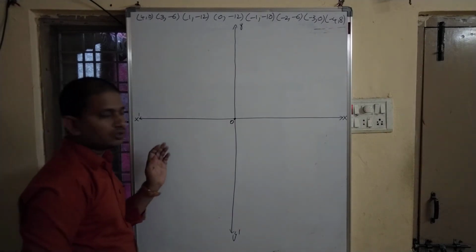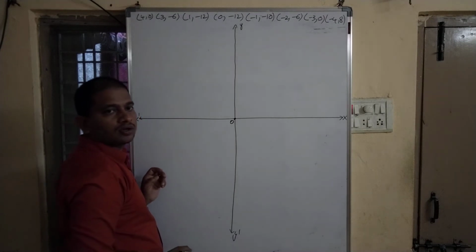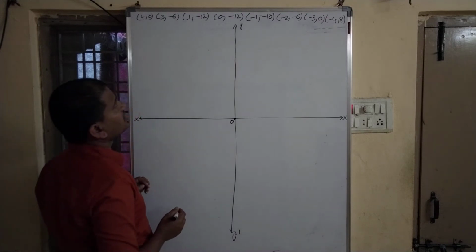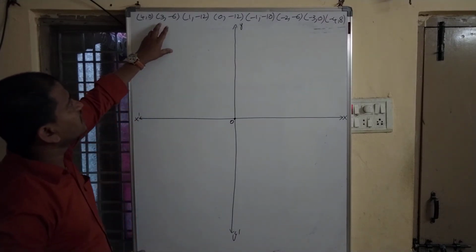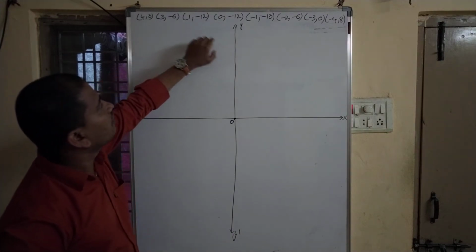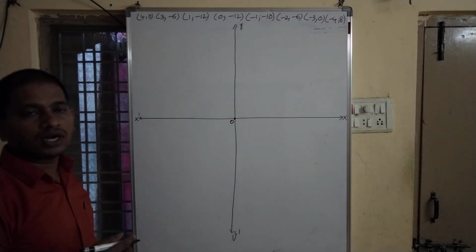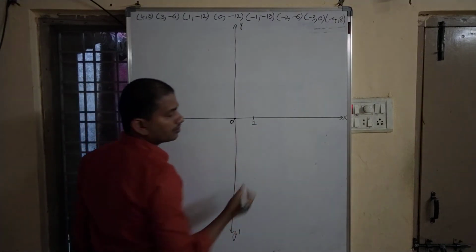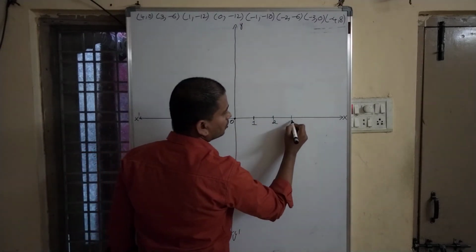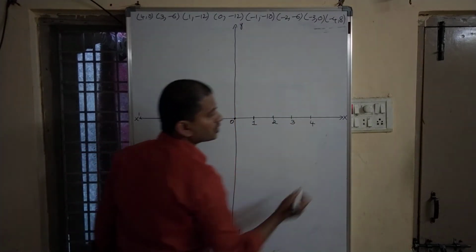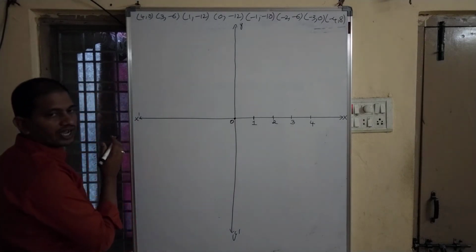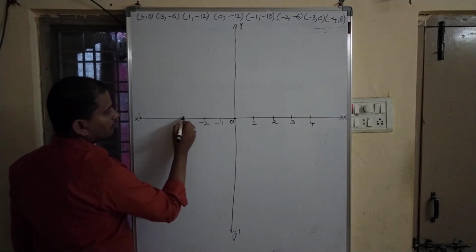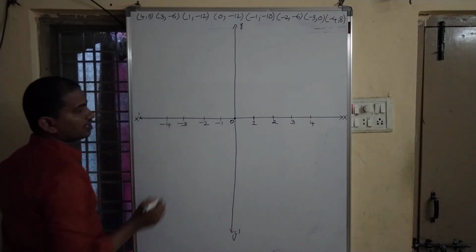On x-axis, towards the right hand side, we have to take positive values. If you observe the coordinate points, we got up to minus 12. So on x-axis, I will take 1 centimeter equal to 1 unit. 1, 2, 3, 4 and so on. Towards the left hand side, I need to take negative values. Minus 1, minus 2, minus 3, minus 4.